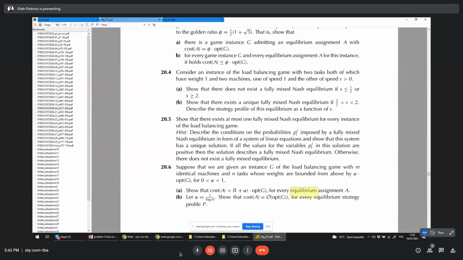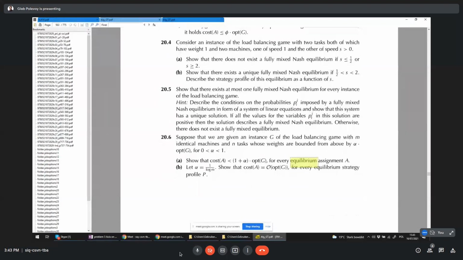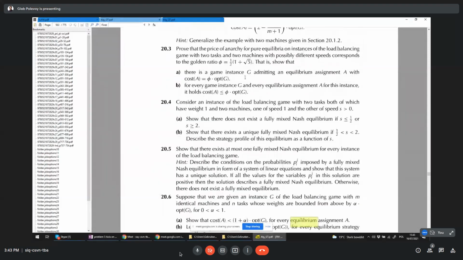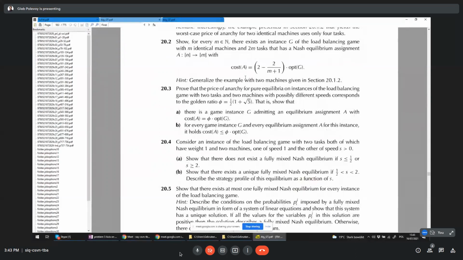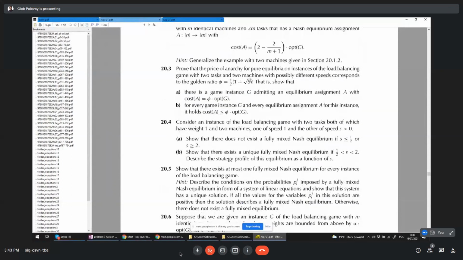We have this expression, right? The cost of any assignment is equal to 2 minus the one we just saw. Okay, so you want to modify that given what we know. So the cost is at most that. Now, unfortunately, how can we use that alpha? We know that each task costs at most alpha of the optimum. How can we prove therefore that the cost of the equilibrium is at most that?